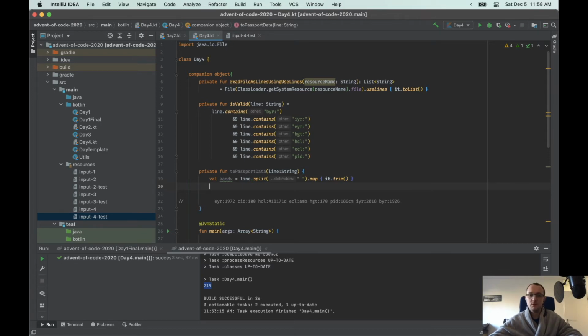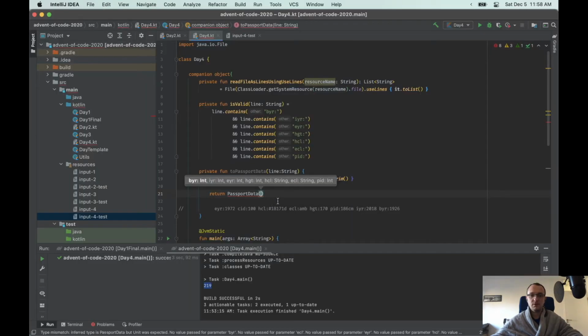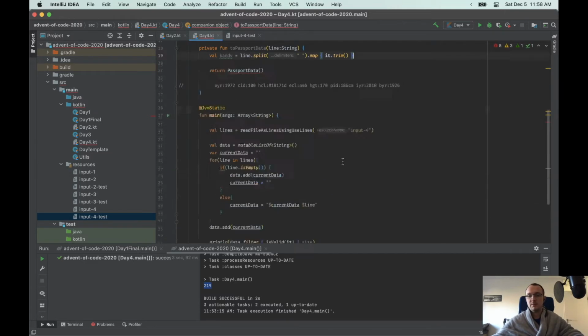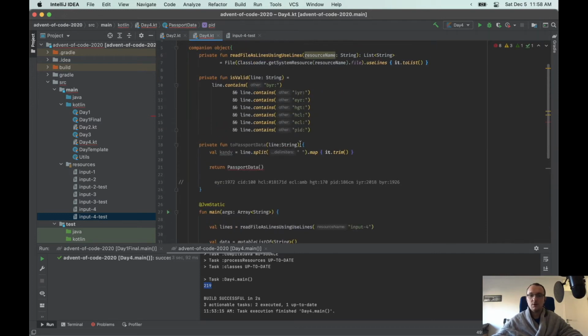Okay, and now what I want to do is we're going to say return passport data. So the thing is, everything can be missing as far as I understand. So I'm wondering, I can either filter for valid here or accept everything as nullable, but it might screw me down the line if we reuse this passport thing next day. But right now what I'm going to do is put everything as nullable. And let's keep CID out. Okay, so this thing is nullable now,